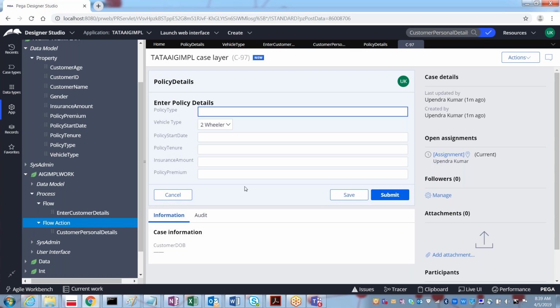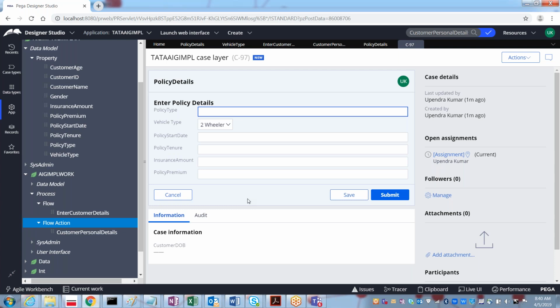If I want to go back, can I go? No, you cannot go. Why? Because you don't have the previous option here. In general, in the standard flow, you can only move forward. You cannot go back to the previous screen. Whereas if you want to move back and forth, then you can go for the screen flow.